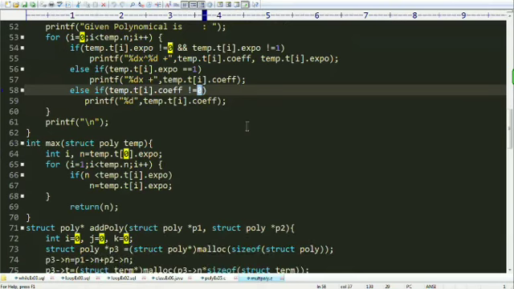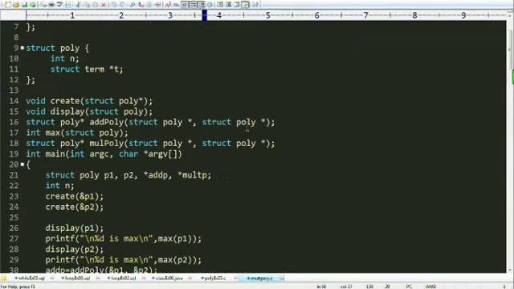After that I'm creating an add poly function which has this prototype. Right now just concentrate on this add poly function, which has return type structure poly pointer, and parameters are structure poly pointer 1 and structure poly pointer 2.